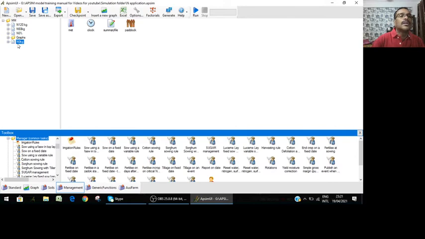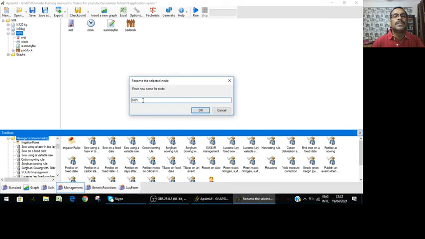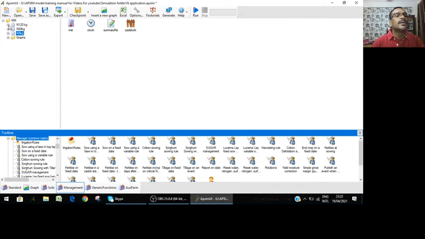Since I did it here, I'm deleting it again because I wanted to show you. I just renamed it 0 kg. Now you have three simulations. The only thing I changed here is that I deleted the graph part. In the earlier file there was a single simulation, so there was a graph here.